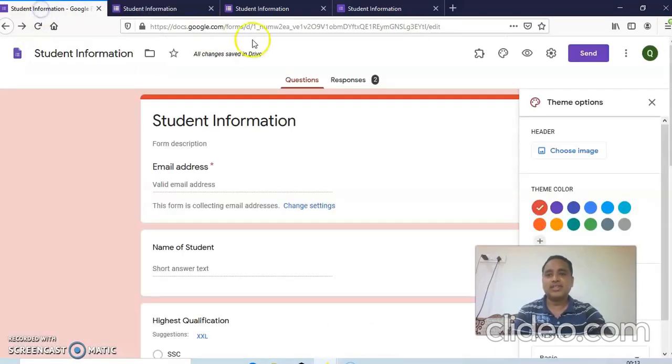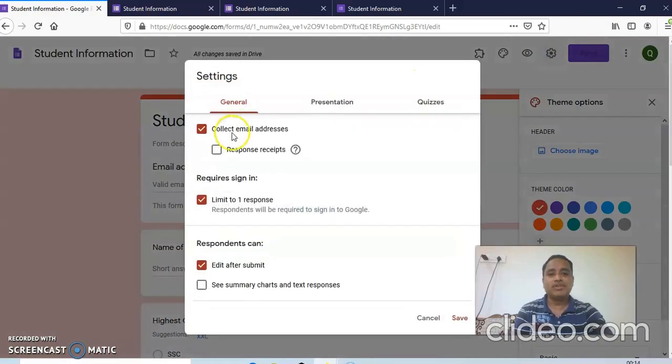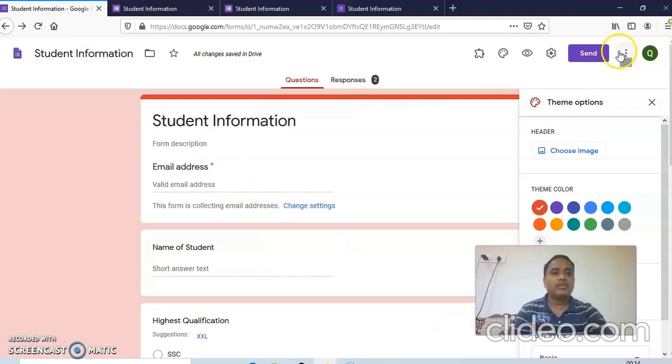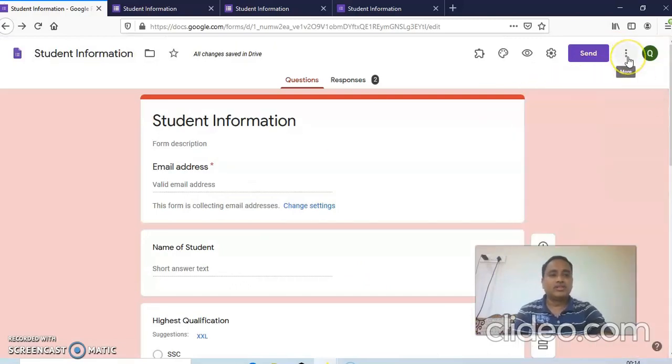So this is very useful. Either you share this information, or you can print it offline. So this is very important, and for that purpose you have to save this form. Now this is regarding our form, and the responses are also there. More responses you can